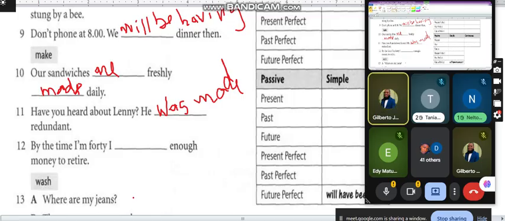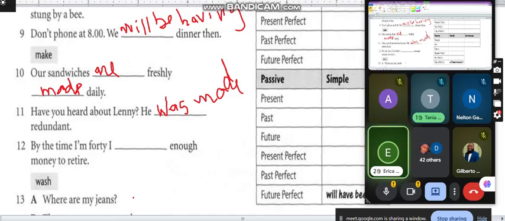Number 12. By the time I'm 40, I will have made enough money to retire. The tense here is future perfect. Okay, the tense is future perfect. Can you tell us why you decided to use future perfect? Yes, because we use future perfect to speculate about something that will already be finished in the future. Okay, to talk about an action or an activity that will have ended at a certain point of time